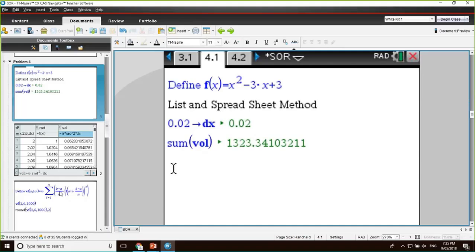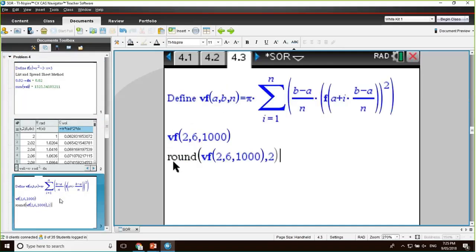Here I've actually done the same thing slightly differently. I've defined the volume function over here. A is my lower limit, B is the upper limit, and N is the number over there. You know, that interval A to B is being split into how many parts. So at the moment, I've set that 2,000 parts. I'm going from 2 to 6, and